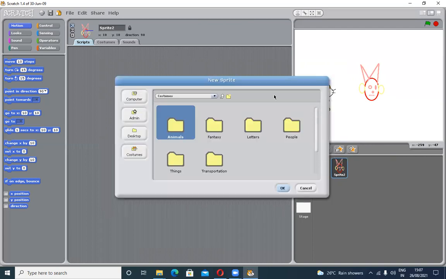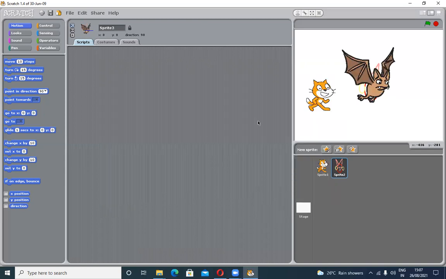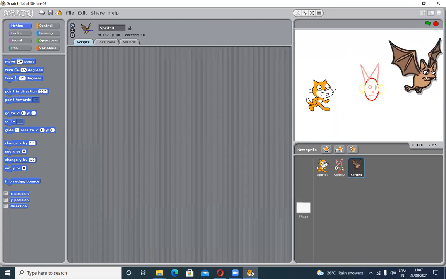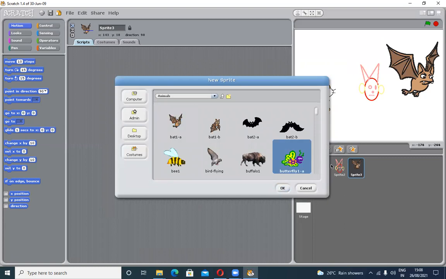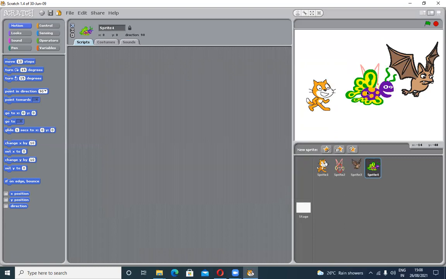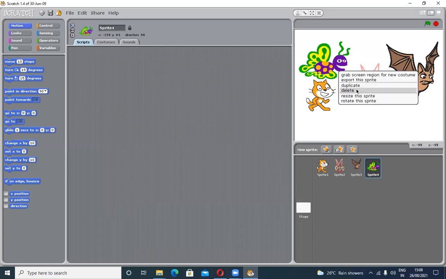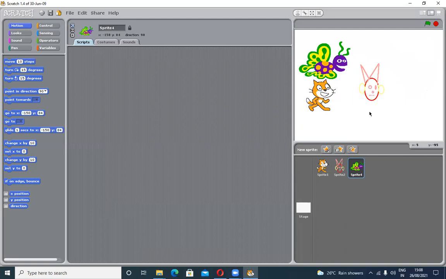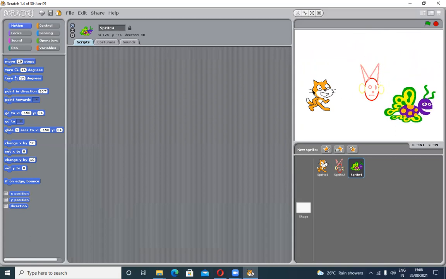Secondly, we have a sprite gallery. So we can choose an already made sprite. Suppose I'm clicking there on animal. I'm choosing this one from this gallery. It's your choice, whatever you want. Suppose I want this, then I'm clicking there. If you don't want this, then you just right click there, then delete. Suppose you don't want this character that we made earlier, then you delete it.